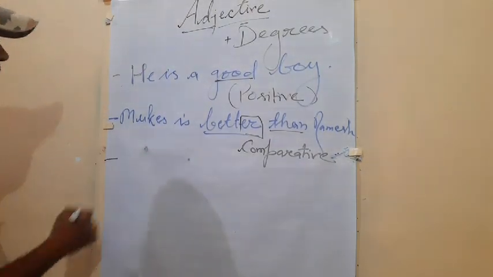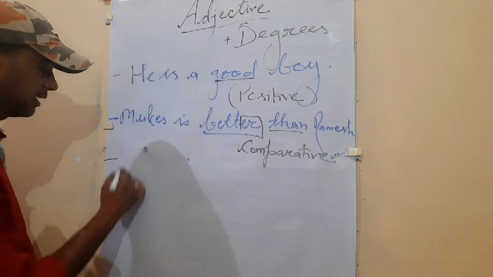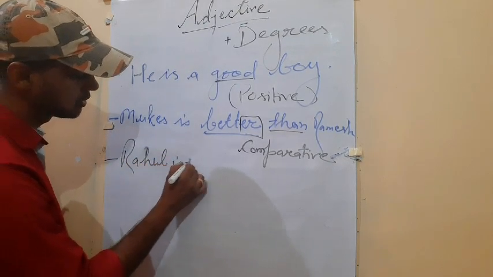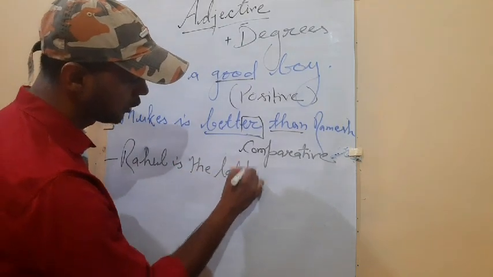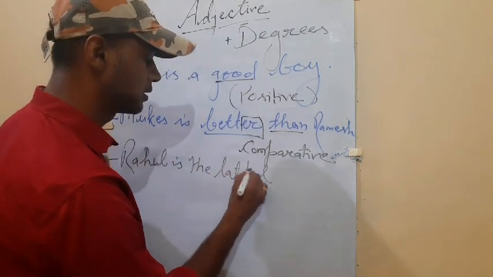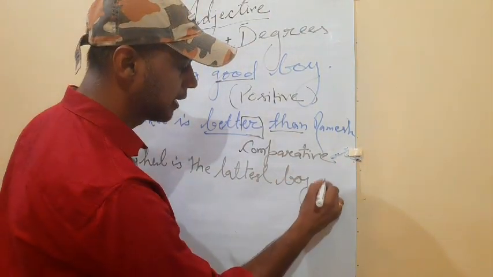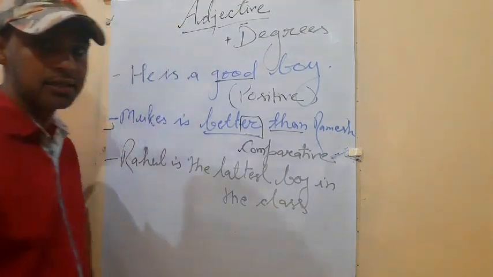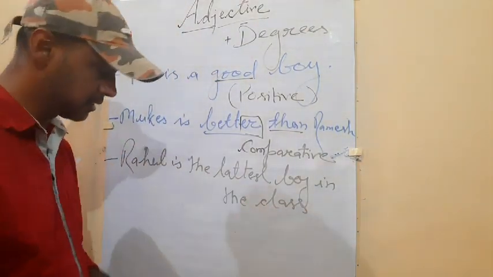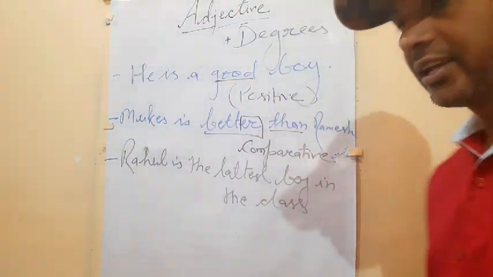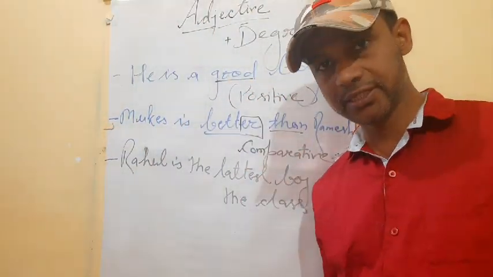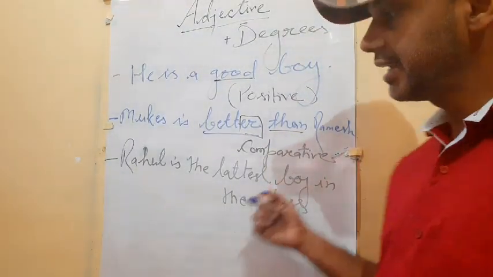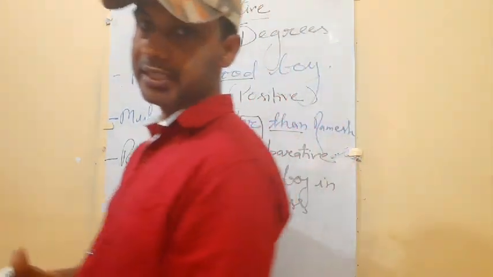Now next example, next and the last. If I say Rahul is the tallest boy in the class. Rahul is the tallest boy in the class. See, superlative degree means whenever we compare more than two things. Okay, more than two things, and second thing, that it also tells the highest quality of the thing,